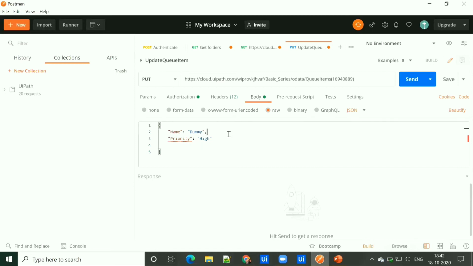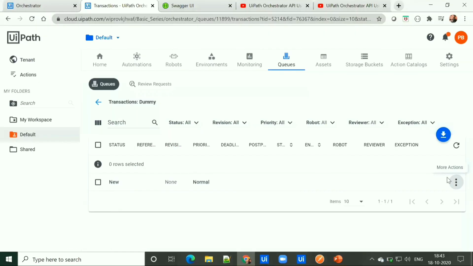We need to provide a comma here, and then specific content. So specific content would be my data, the specific data I need to edit.